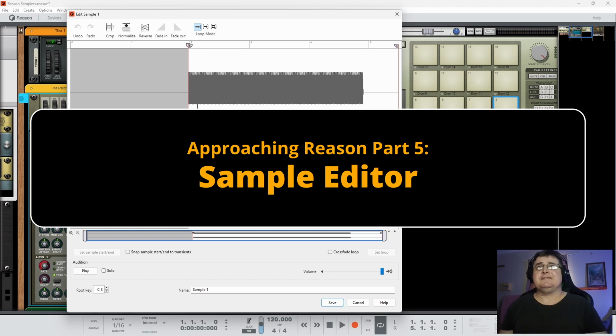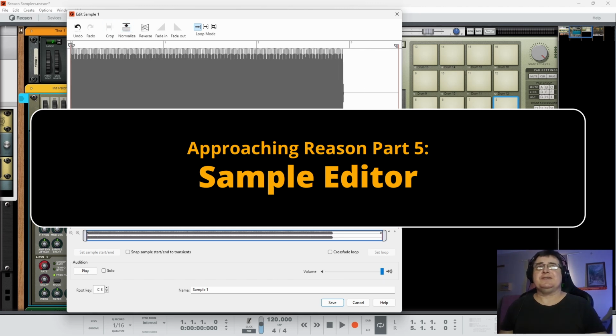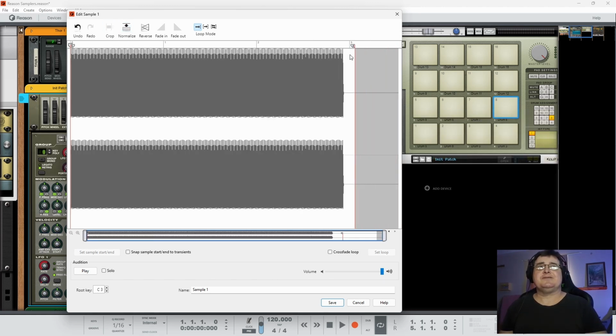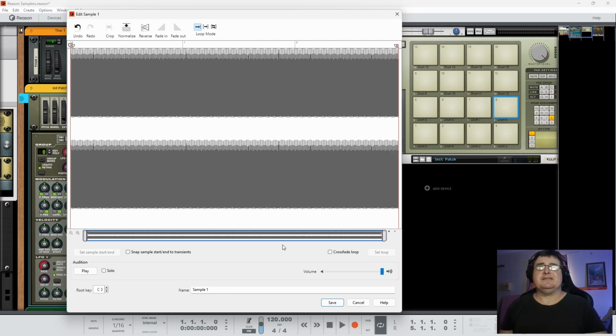There's a nice little editor with some basic things, so we can crop it, we can normalize it. There we go, that gets the basics out of the way straight up. We might as well chop that bit off the end as well. We will turn this level down quite a bit because it can play back really super loud. There we go. Now I'm going to want to loop this, and we can loop it in here,